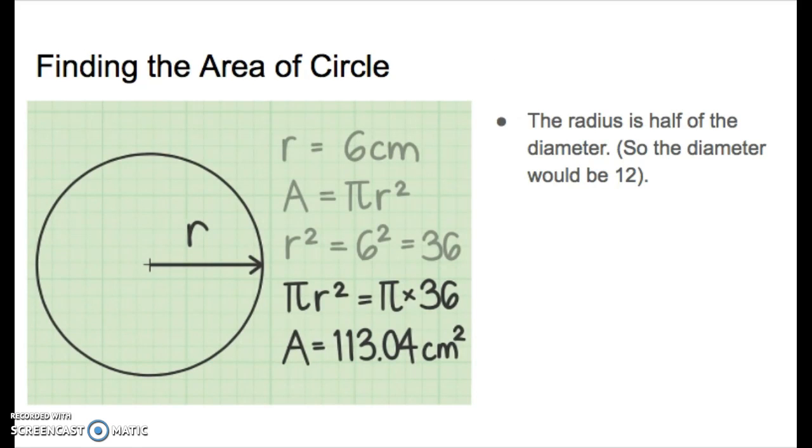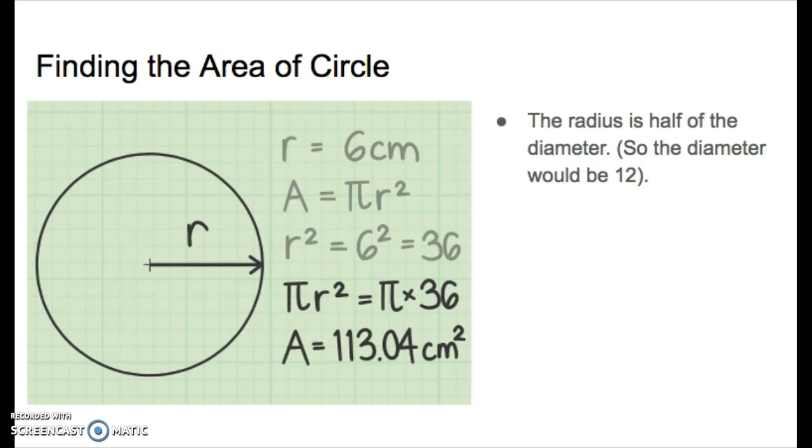Alright, so in the second example of finding the area of a circle, we see that the radius is given to us at 6 centimeters. To find the area, we're going to plug in 6 centimeters into the r in our equation, and we're going to solve. So area equals 3.14, or pi, times 6 squared. 6 squared is 36, so now we do pi times 36 to find out that our area is